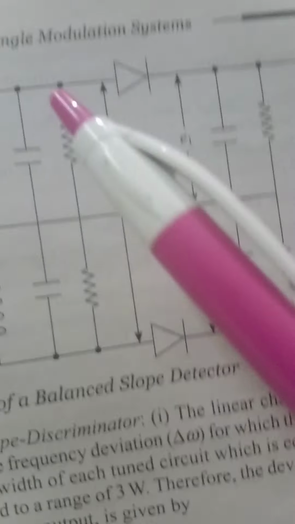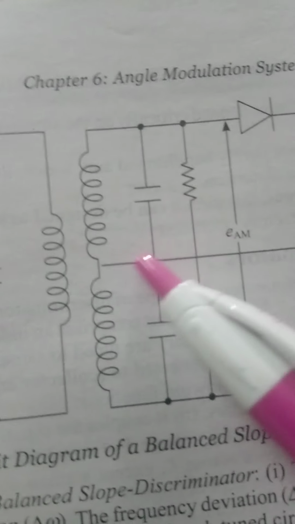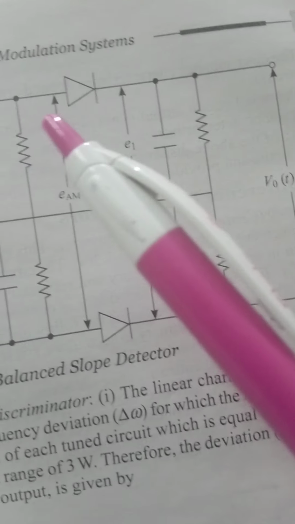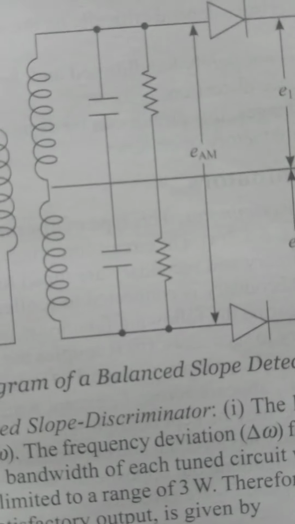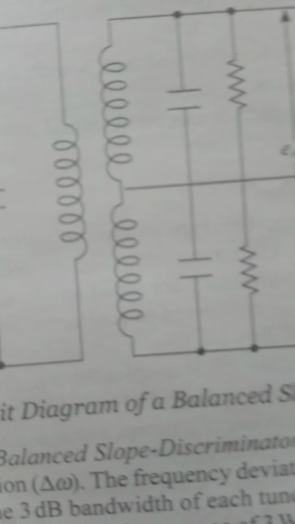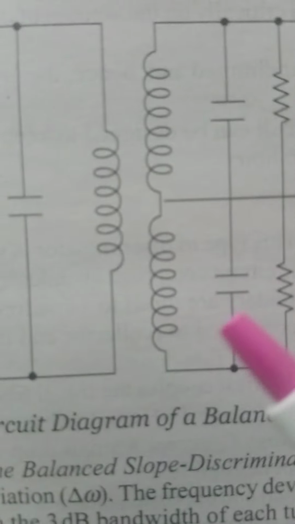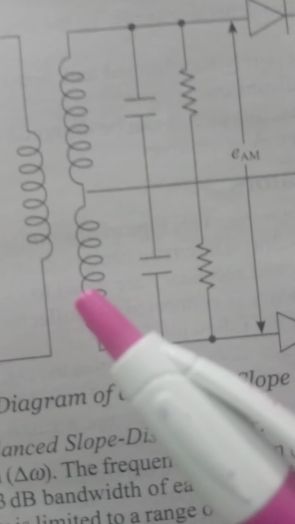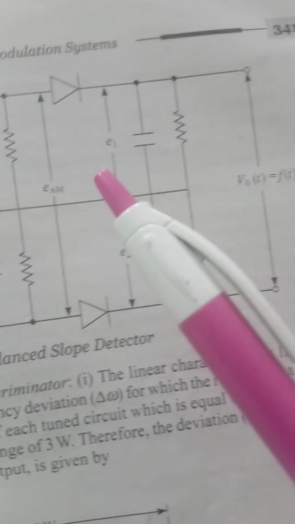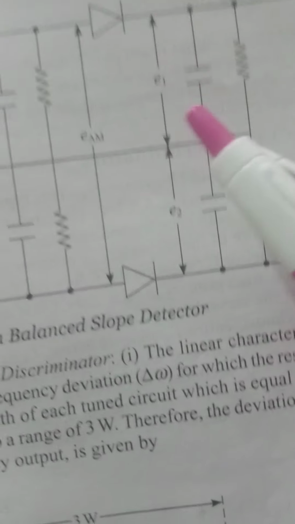And when we get an amplitude modulated signal here, this amplitude demodulator will recover our message. So it is the basic concept of FM demodulator that incoming frequency variations are converted into voltage variations or amplitude variations with the help of a parallel tuned circuit, and from that amplitude modulated signal, recovery of the message is done by means of an AM detector or an envelope detector.